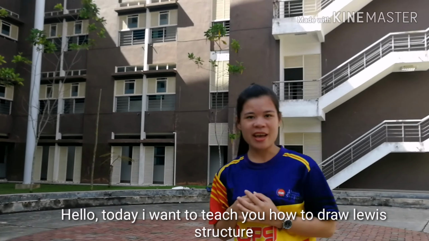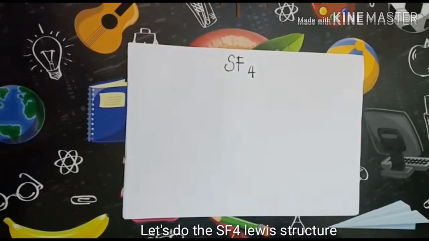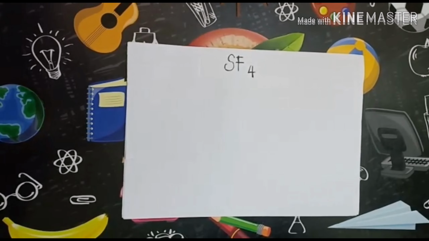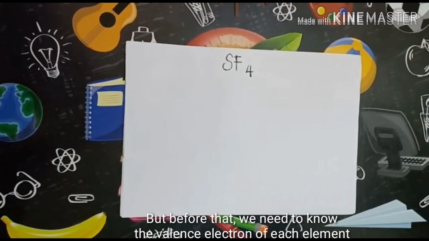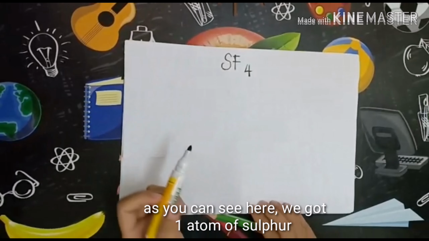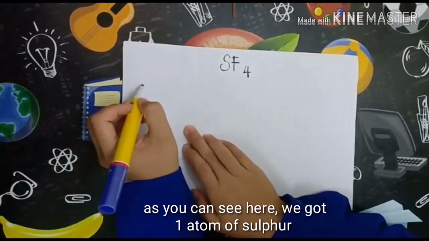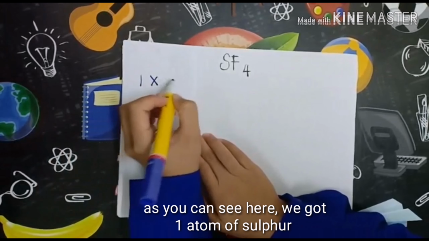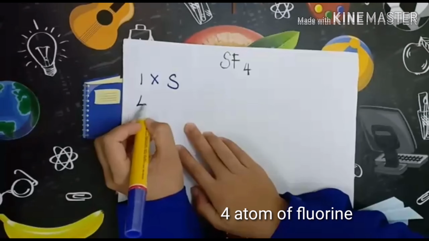Hello! Today I will teach you how to draw a Lewis structure. Ta-da! Let's do the SF4 Lewis structure. But before that, we need to know the valence electrons for each element. As you can see here, we have one atom of sulfur, 4 atoms of fluorine,